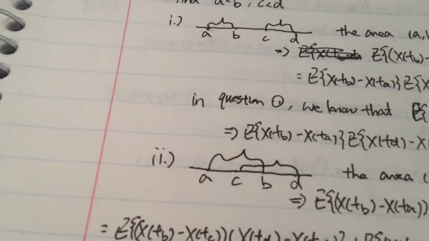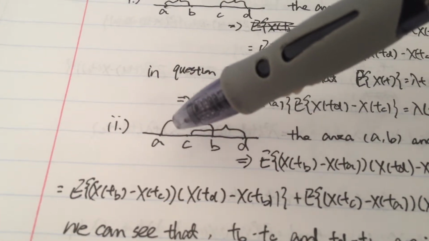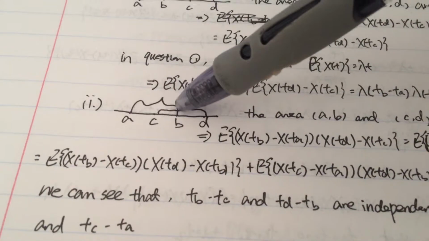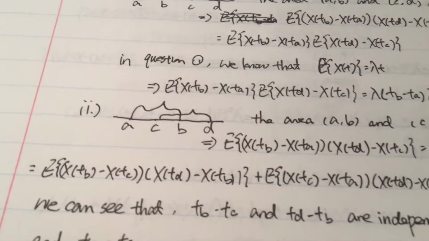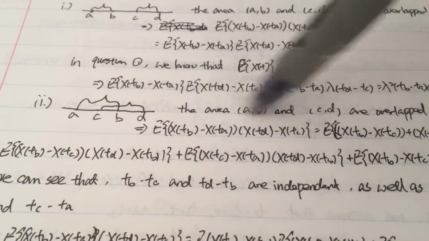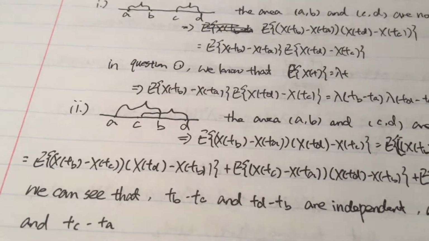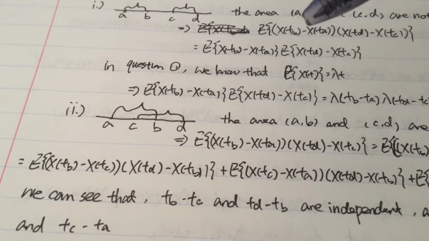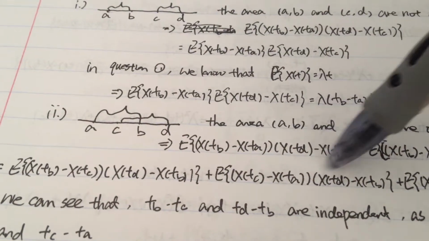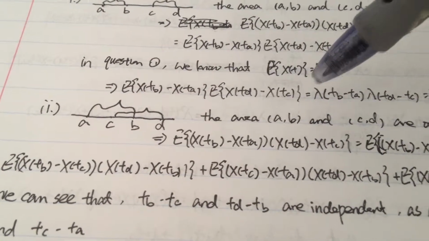And in the second situation, we assume that A is less than C, C is less than B, B is less than D, so that in this situation they are overlapped. In order to calculate the mean of this part, we should transfer them into the non-overlapped one. So we transfer them into independent parts, and we can know that the mean of this part equals the product of the